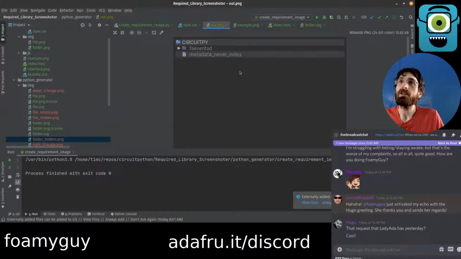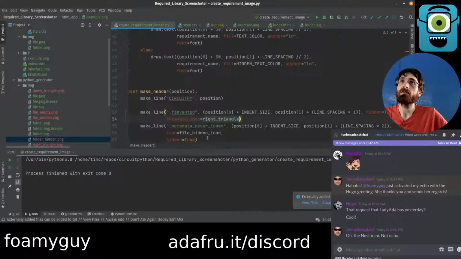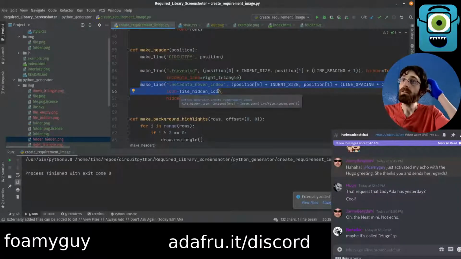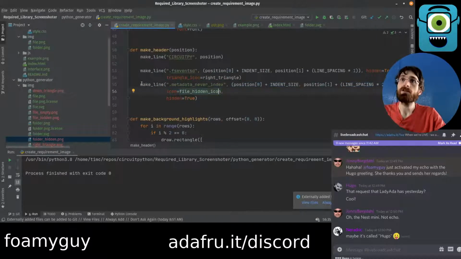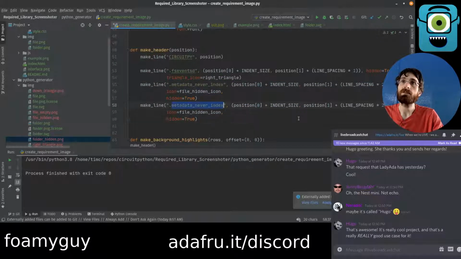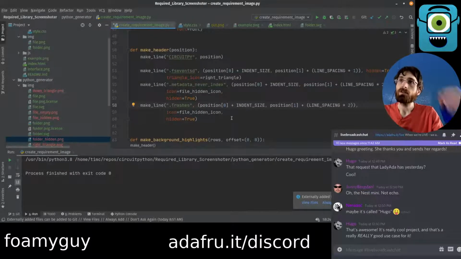Okay, so that was pretty easy. That's our triangle. So let's go ahead and add, I think we're ready to add the other static things, right? Like we can add trashes and boot out and CodePy. Let's do that. Trashes, that one's still hidden. You can copy this. Trashes, is that right? Yeah, trashes. So this will be,